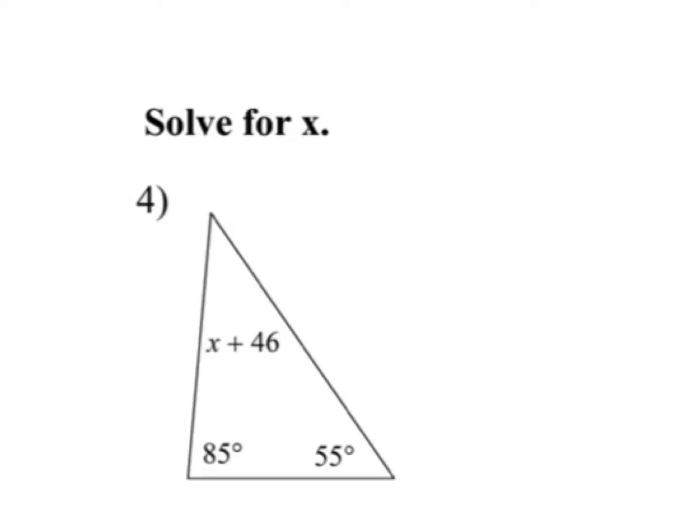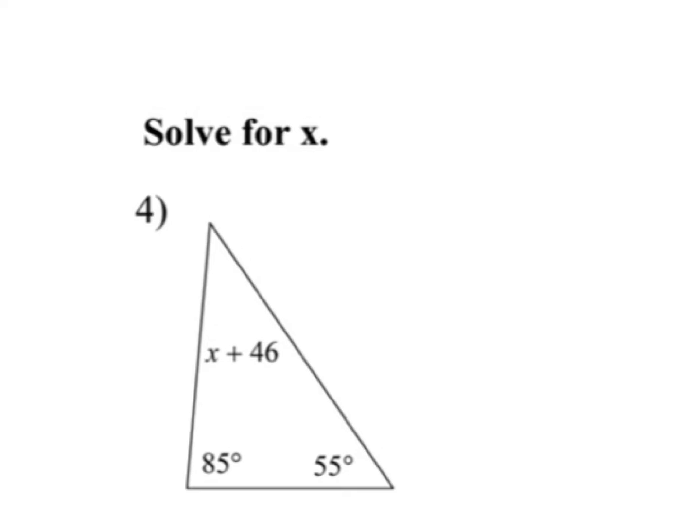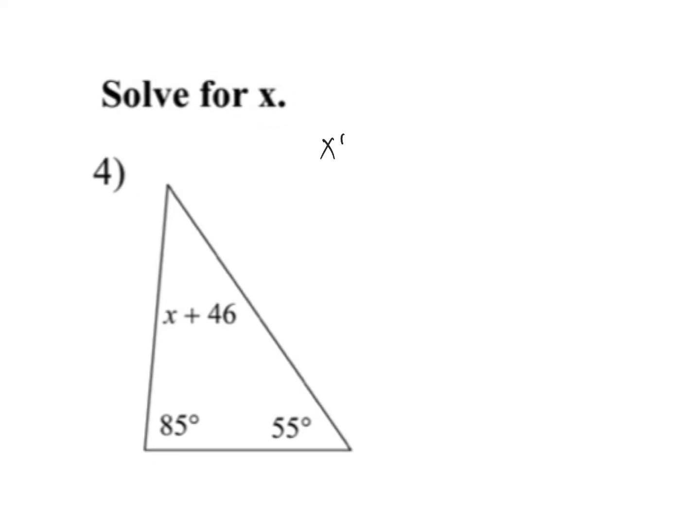All right, everybody, solve for x. Okay, so triangle sum theorem is, x plus 46 plus 85 plus 55 has to be equal to 180 degrees. Each of those angles add up to 180. So 46, 85, and 55. You can subtract them separately or add them together and then subtract the total. So 46 and 85 is 120, 131, and 55,